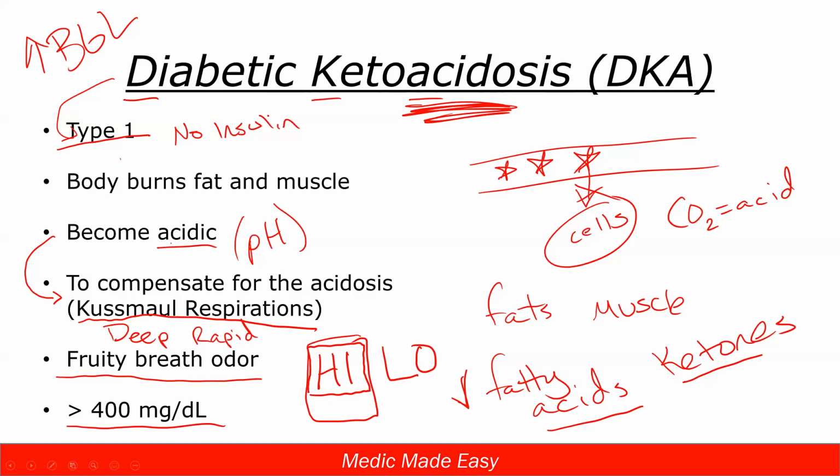Again, hands down, the big one for DKA is the type 1 diabetic, where since they don't have any insulin, they're not able to utilize any of that blood sugar. So our body starts breaking down fat to try to make some energy, keep us alive. And by breaking down fat, we become acidic and make those ketones. And then to deal with the acidosis, our brain kind of says, hey, we should breathe really deep and really rapid, those small respirations. And the fruity breath odor one is always there. And obviously important to understand that it's several days and a very high blood sugar to get to this issue.